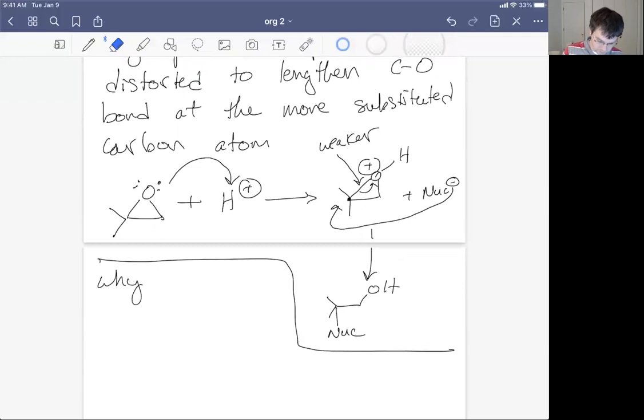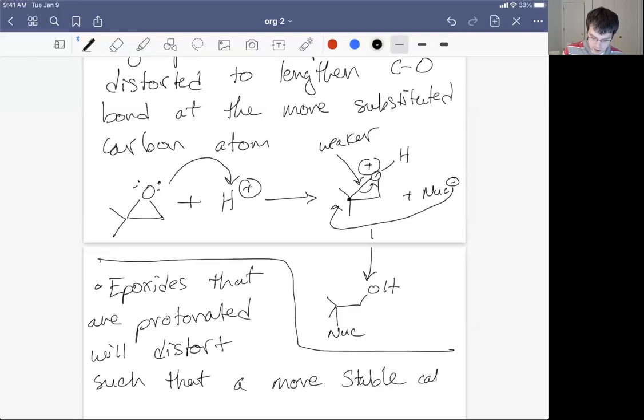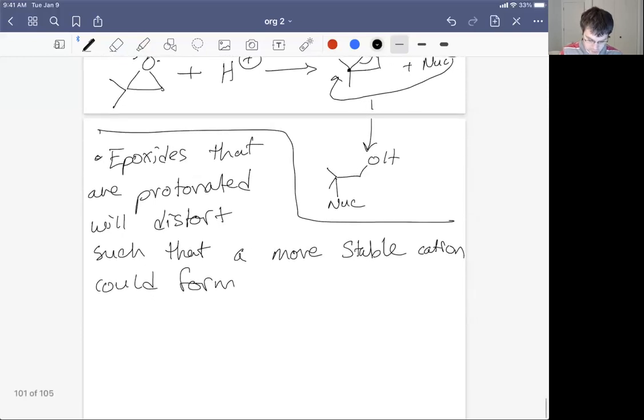So epoxides that are protonated epoxides will distort such that a more stable cation could form. Now, what I'm getting at is if we protonate the epoxide, and let's not let it distort, but